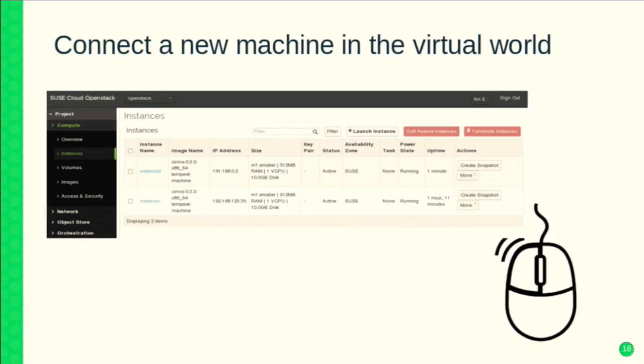Okay, so going back to my example, in the virtual world, to create a new machine, all you need is basically a click. You see here the dashboard of SUSE OpenStack Cloud, and really that's all you need to get your machine up and running and connect it to your network. So even with this simple example, you can see how things got faster and easier with the virtual world, even if maybe they are a bit harder to understand for us technical people, who need to know the details.